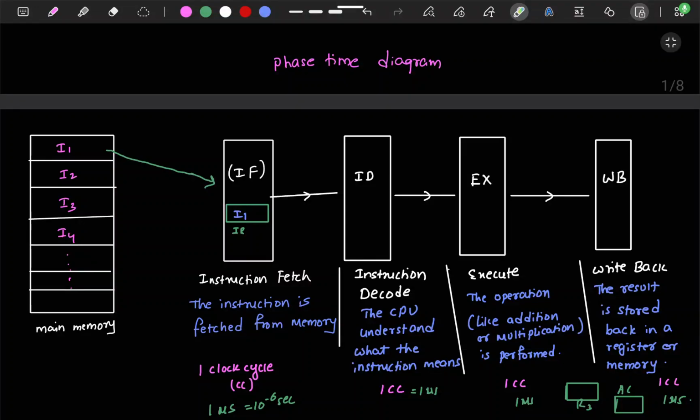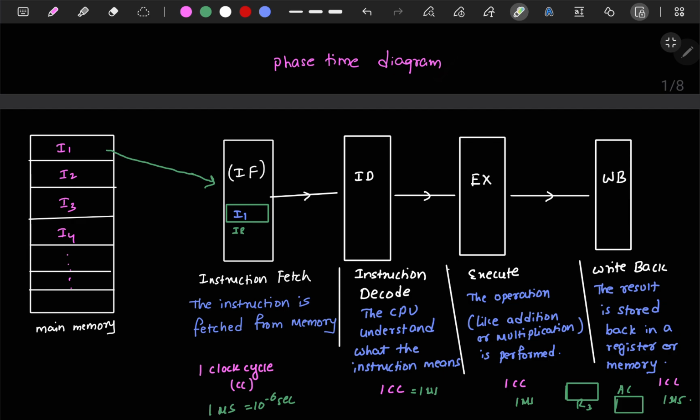Hello everyone. In this lecture we are going to see one topic that is called phase time diagram. Previously we had seen that if instruction I1 has to be executed, it has to go through all these phases one by one, and when it comes out from the last phase we can say that it is executed or processed. So in this lecture we are going to see how this phase time diagram works,